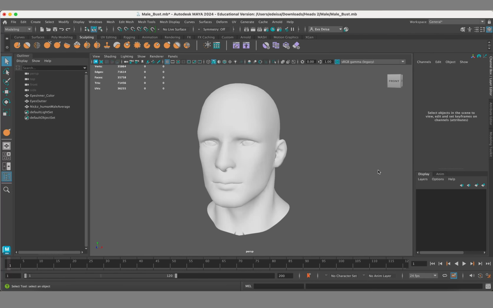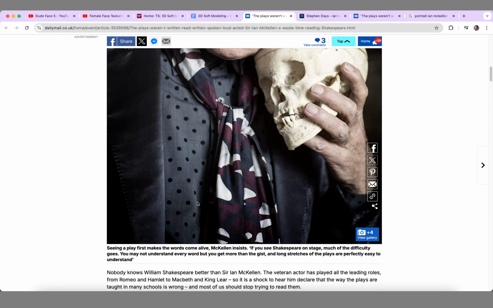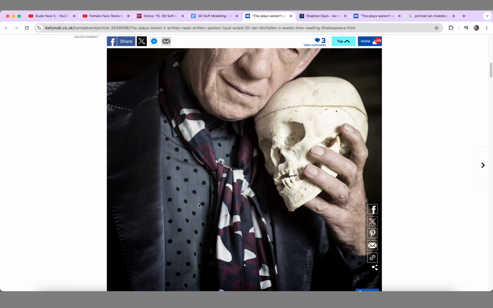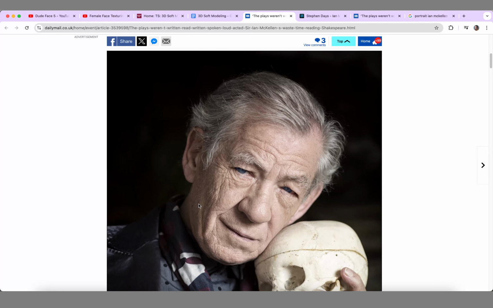Hello and welcome to the first video in the series of videos for project number 2, where we're going to be modeling an older person, a person with wrinkles, in ZBrush. So we'll start in Maya, we'll finish up in ZBrush, and then Substance Painter. I have decided to model Ian McKellen, aka Magneto,